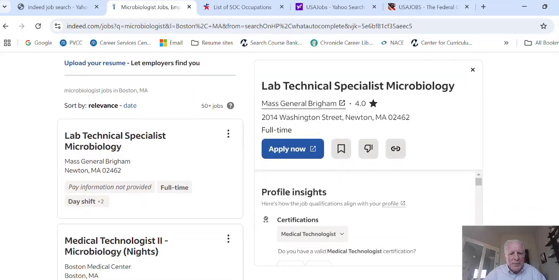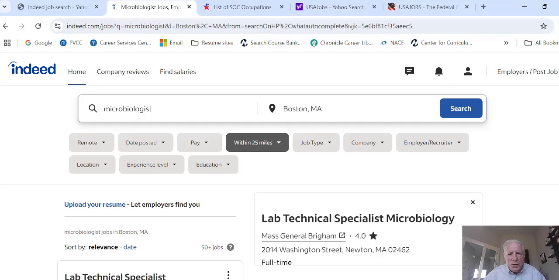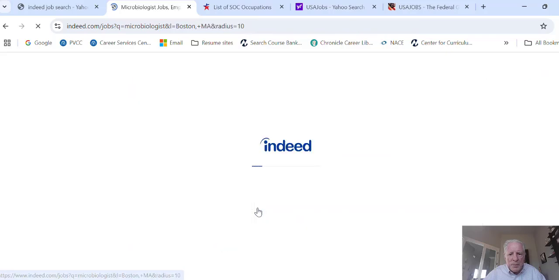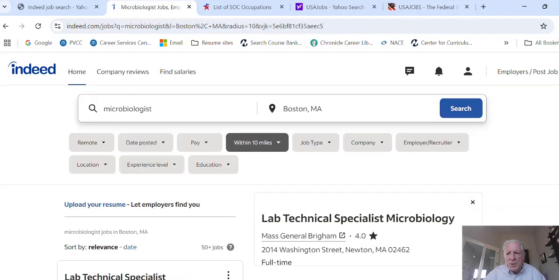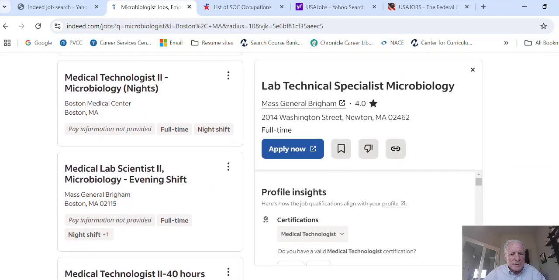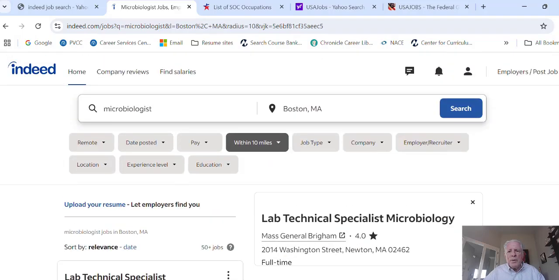You can increase that. So if you find that there's a lot of jobs in 25 miles and there's too many to look at, just narrow it down and go to 10 miles or 15 miles. And that'll limit the number of jobs you'll see listed. Okay, so this is,